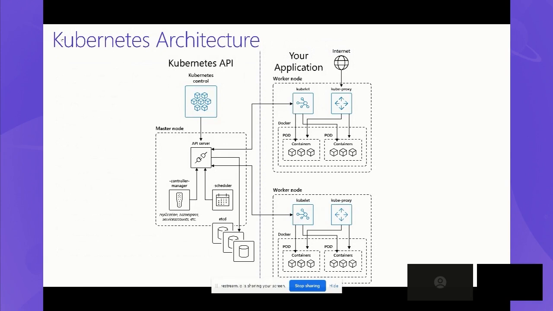On the left-hand side, you notice you have your control plane. Control plane is your master nodes, right? There's just one node here, but it could be highly available with more than one. Those are the four main components listed there. There's the API server, which is the heart and soul of the system. Basically REST calls go to that API server, and then the API server orchestrates whatever happens on the worker